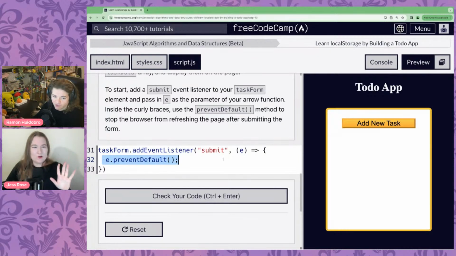This is what preventDefault does. This stops the browser from refreshing the page. So we're saying, hold on. Default is just the default expected behavior. It's not necessarily a page refresh, but this is like